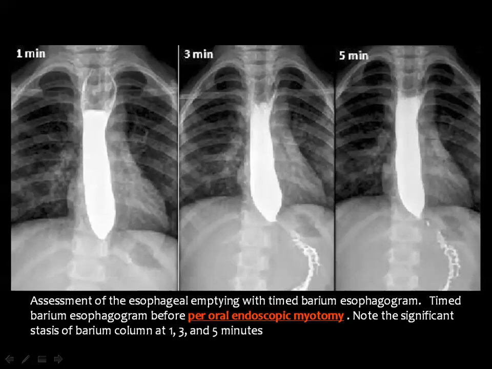Then one of the treatments for this achalasia is to do an endoscopic myotomy of the affected segment of the esophagus. And this is an example of a patient with achalasia of the esophagus who underwent per-oral endoscopic myotomy of the affected segment. And you can see the passage of barium in the first minute, after 3 minutes, and after 5 minutes after this myotomy. And then